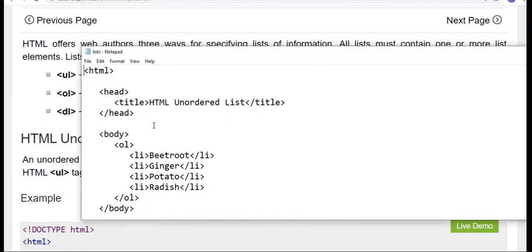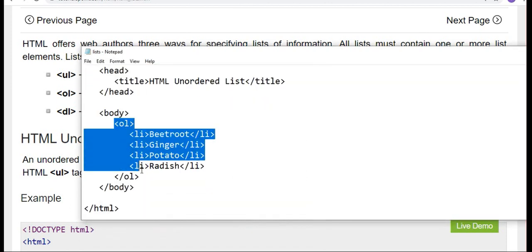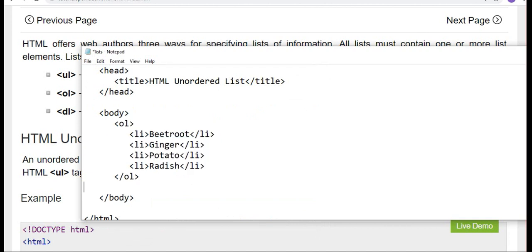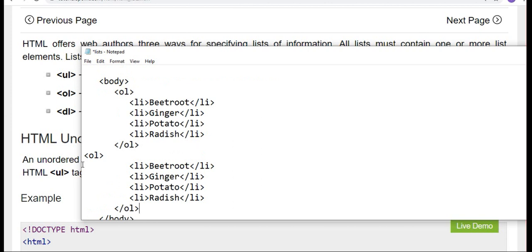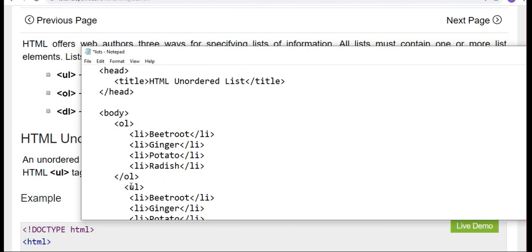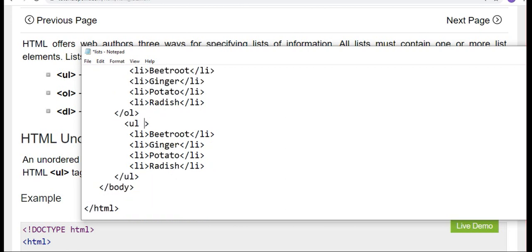First we have the ordered list, copy. Next I am going with the unordered list, ul. For the ordered list, I am specifying type equal to small a. For the unordered list, type equal to circle.